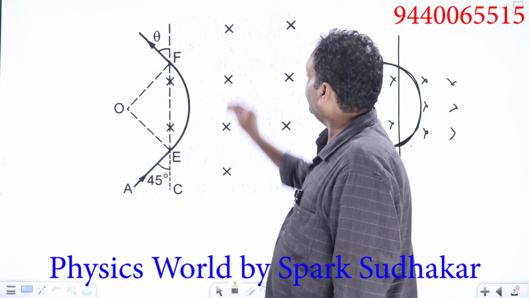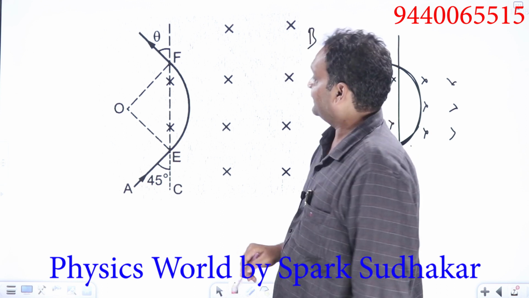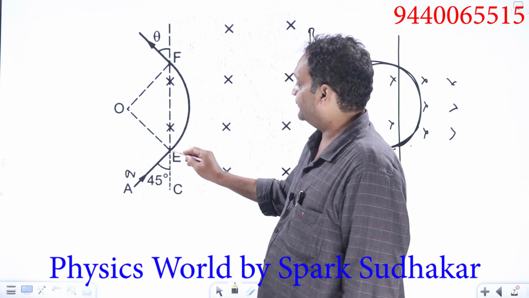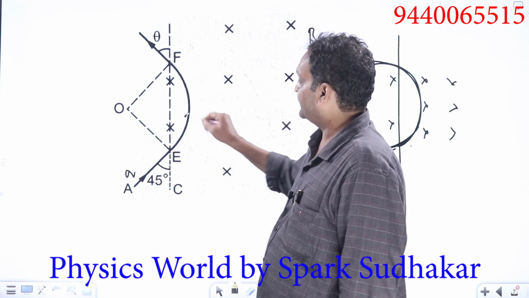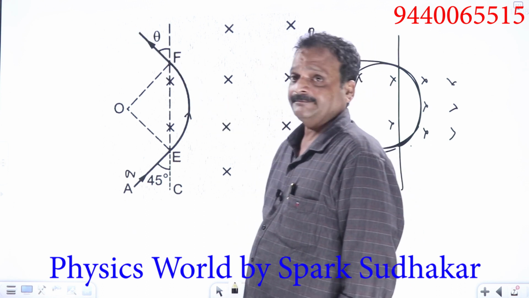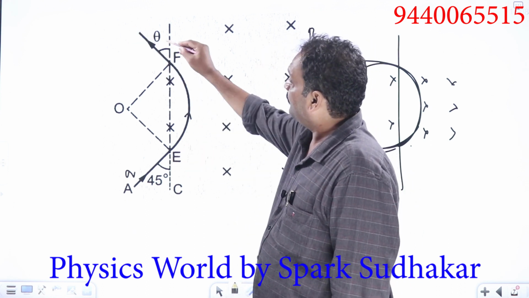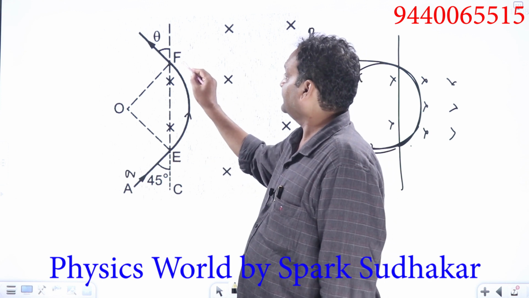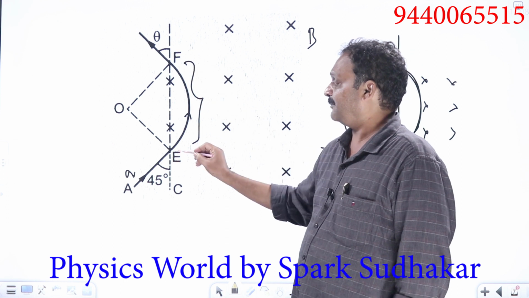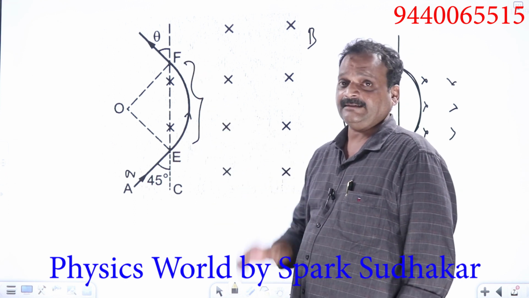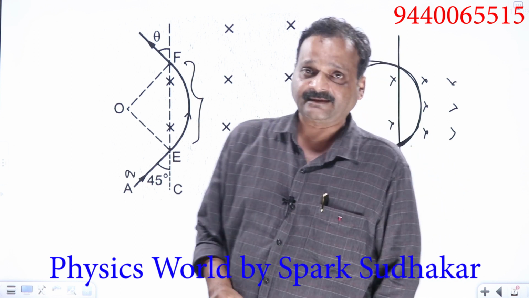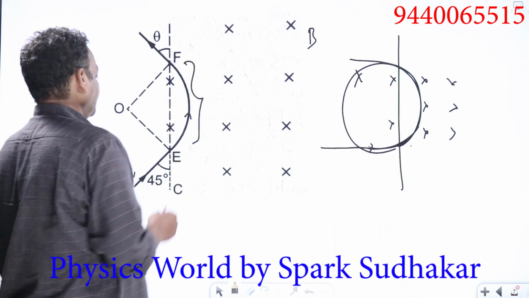Now the question is, a magnetic field of induction B is like this. A particle of charge Q is entering into the magnetic field like this. Its path will be bent into a circle and it comes out of the magnetic field. If this angle is theta, what is this angle and what is the distance EF, means the distance between the point of entry and the point of exit of the magnetic field? That is the question. Now here, look at the geometry.